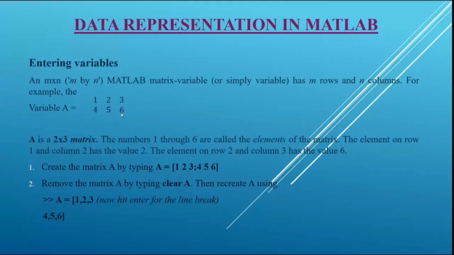We will create a matrix by typing a equals 1 space or comma 2 space or comma 3 semicolon 4 comma or space 5 comma or space 6. Between elements we can use either space or comma, and we will get the same output. We have to make sure that we separate the elements 1, 2, 3 and 4, 5, 6 with a space or a comma. If we don't, MATLAB will think we created the vector A with the first element 123 and 456. Also, we have to use square brackets instead of parentheses.